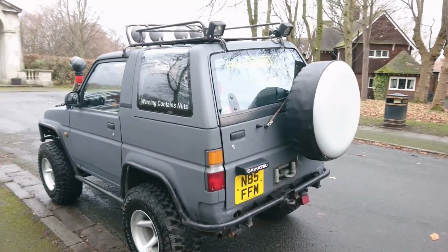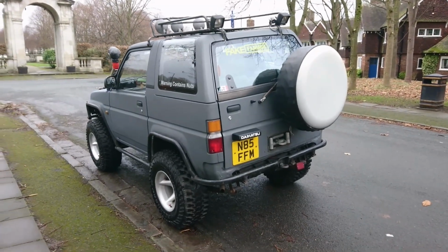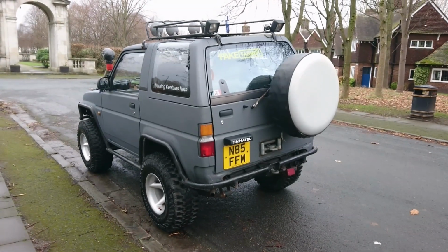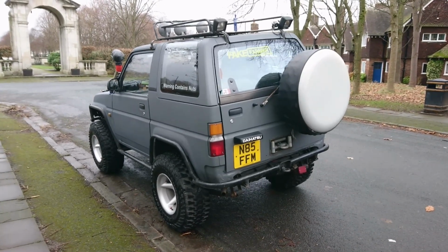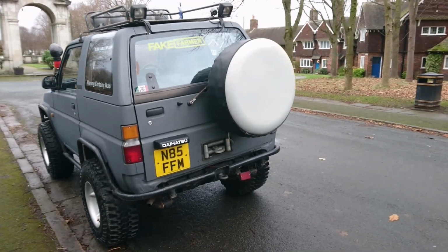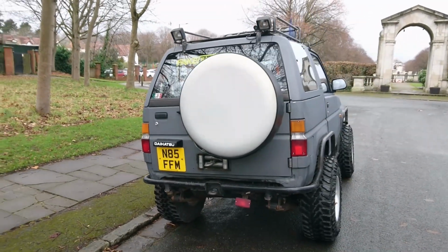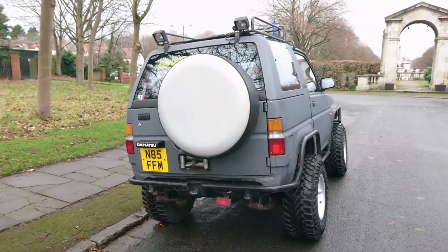The second thing is, we didn't sell an awful lot of them over here. The Fourtrak tended to be more common than these. I'm not exactly sure why. I think they were just more suitable for farming duties, things like that. A lot of these were sold to proper hardcore 4x4 enthusiasts, people who actually needed it. Less so with the Daihatsu, a lifestyle thing, although things like the Vitara and then later the Toyota RAV4 were becoming popular, but this is a proper kind of